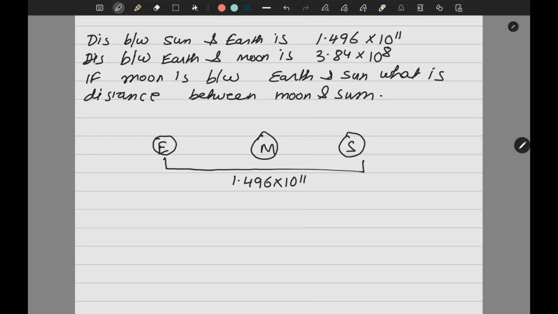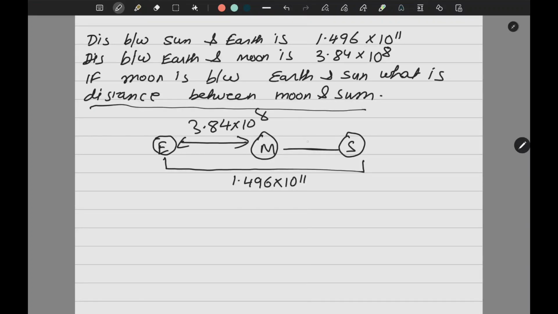And the distance between earth and moon is 3.84 into 10 to the power 8. Okay. What is the distance between moon and sun? So you have to find out this. So how will you get this distance? This distance is total distance minus this distance. So basically I want to do 1.496 into 10 to the power 11 minus 3.84 into 10 to the power